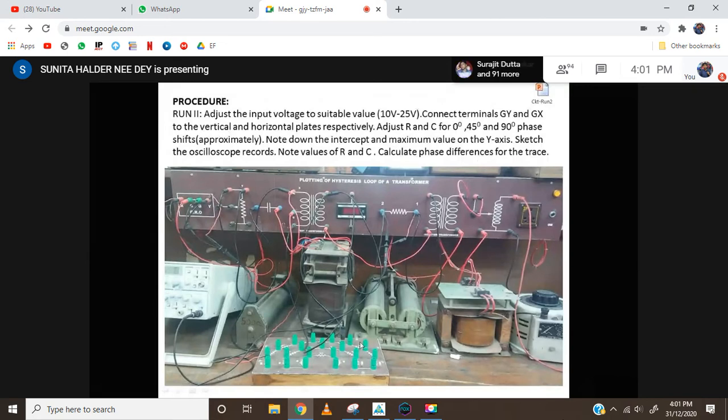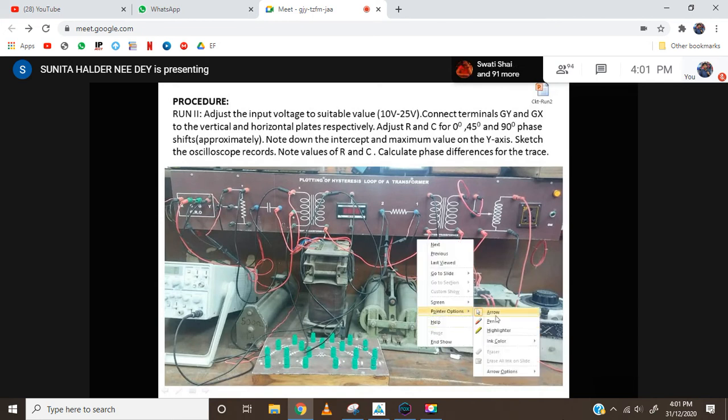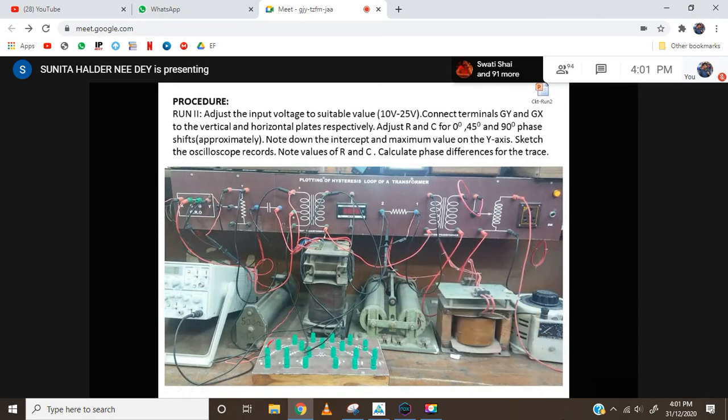This is the decade resistance box, or you can say decade resistance. Some resistances are connected in series and they are marked with how much resistance there is, and then you can connect. Say for example, if we connect these two with a wire, that means this resistance is shorted, then we are taking this much resistance. In this way, we can take any set of resistance from this decade resistance, and this is the rheostat we shall use.